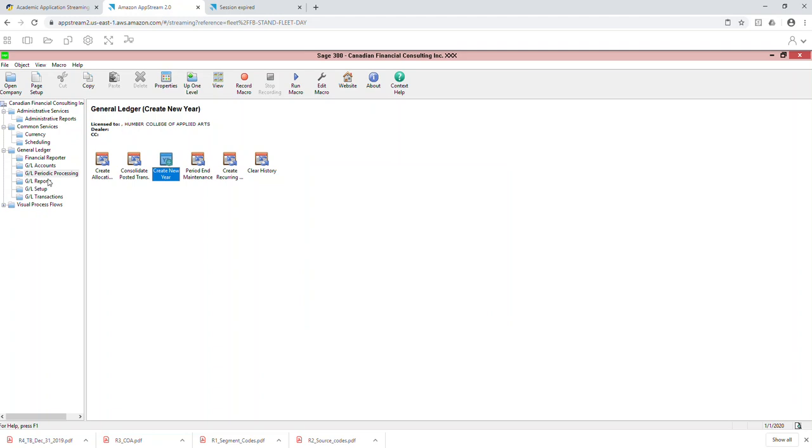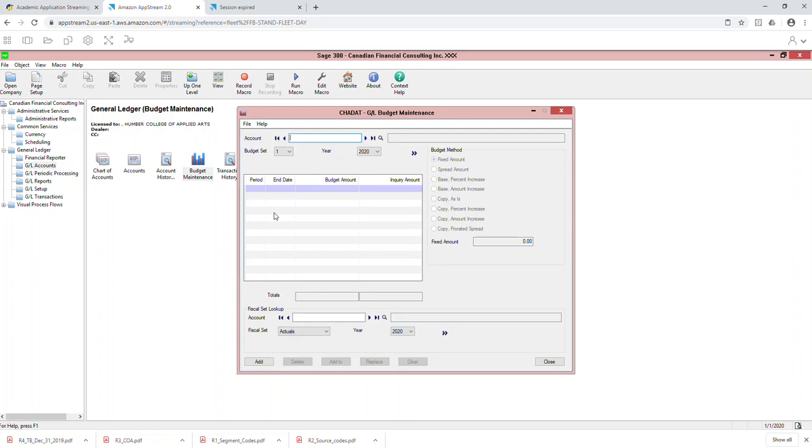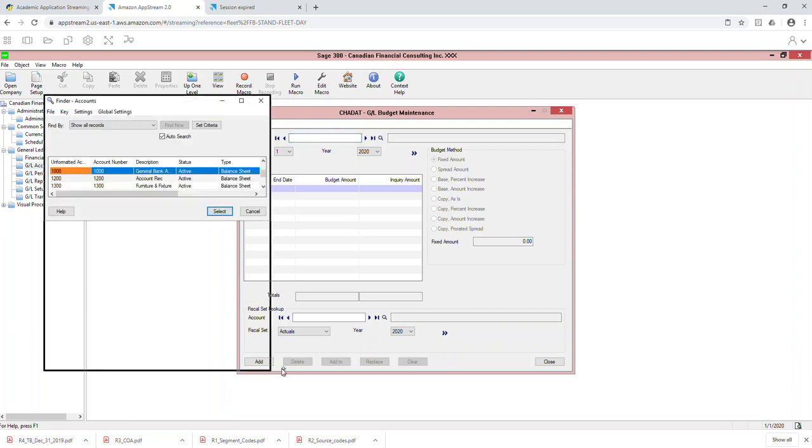Okay, so the budget setup is done under the GL accounts as well. So in here, this is where you maintain your budget. So you go into the GL account, create on the budget maintenance, and I'm sure you guys have already looked at my lecture that I posted on Blackboard. But if you haven't, I'm just going to quickly summarize. When you're creating a budget, you select an account that you want to create a budget right here. So here I'm telling you that I want to create a budget for my revenue account for accounting is 10,000 per month. So I'm going to find my revenue account,